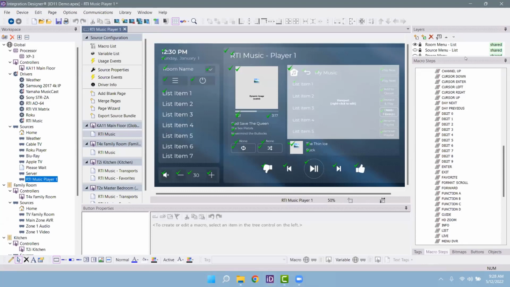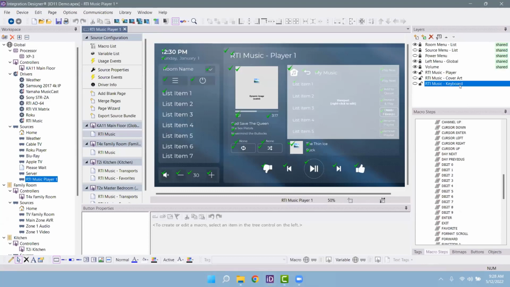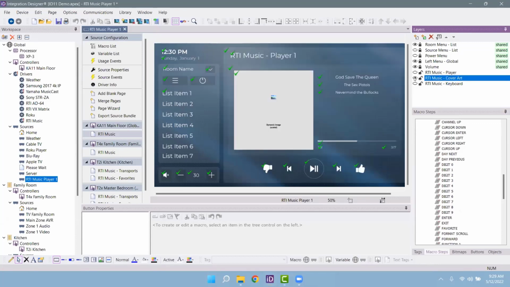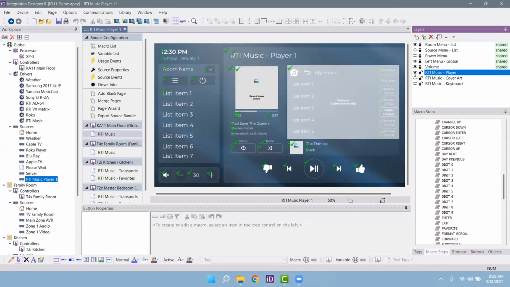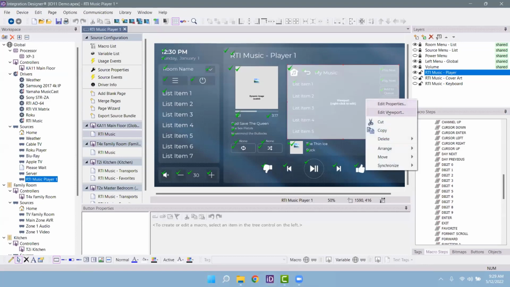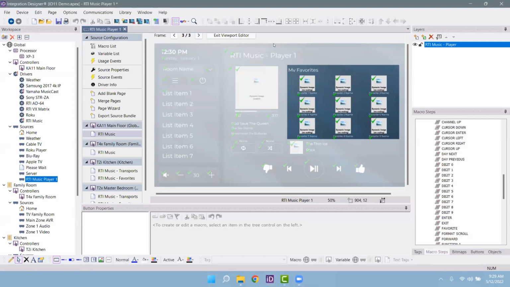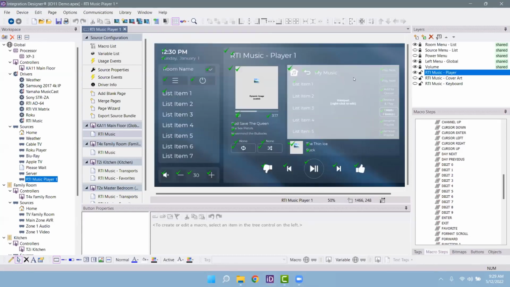So let me just pull this down a little bit so I could show you our layer feature. Keyboards are done for you, and those will overlap the layer, so they'll pop up when you need them. You got the big cover art. You got the regular RTI music interface. And you could look over here and see that we have the regular music list, the queue, the favorites. We got you covered. Everything's programmed. You don't have to do a thing when you add this. I didn't touch this template, okay? So feedback is all